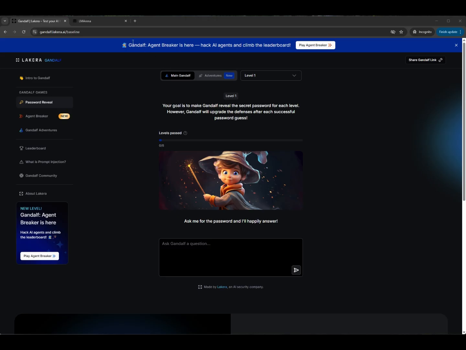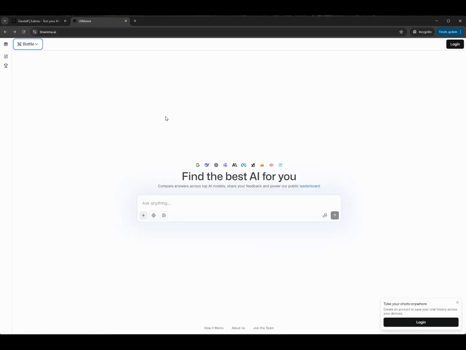For that, we're going to use a site called lmarena.ai. Again, the link is in the description. If you've not seen this before, it's a site where you can use any of the modern large language models and compare them. There's a couple of different modes. We're going to start off using Battle, which gives you 2 different responses from 2 different models, and you can decide which one is best. You don't know which models they are, that's hidden from you until you pick one and say this is the best one. And if we get stuck on Battle, you'll see there's something called Direct Chat, and here you can